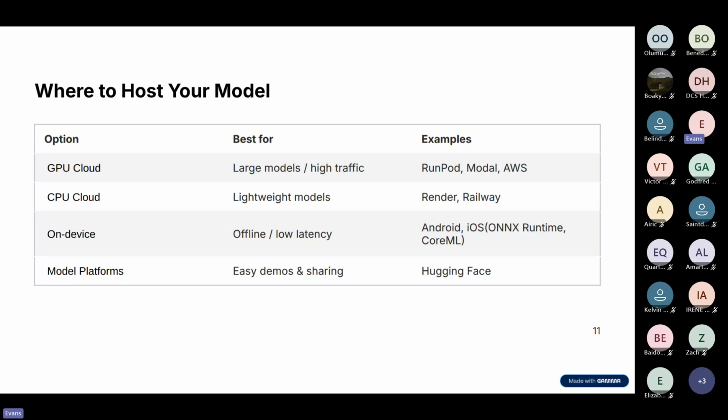And then on device. So for on device, it's very fast, and also you can use it offline. So it's like you are hosting the model on a phone or a particular device, any technology that the person is using. You are hosting the model on it. And then there are some runtimes that you can